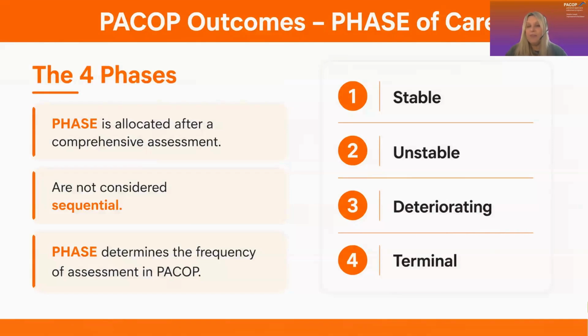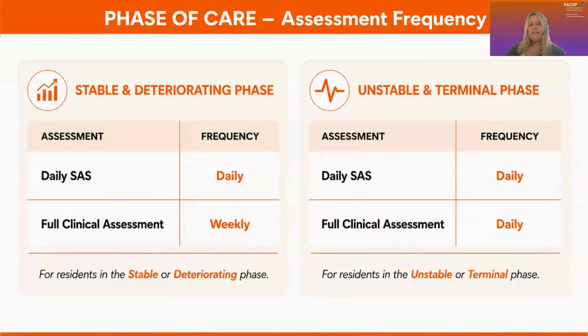Now, we'll just talk briefly about the phase of care, because the phase of care just determines when you do the next assessment. So you complete your outcomes assessment and then you allocate the appropriate phase. The choice of phase is 1 unstable, 1 stable, 2 unstable, 3 deteriorating, and 4 terminal. And when you've assessed and you allocate stable phase or deteriorating phase, then the assessment gets repeated in